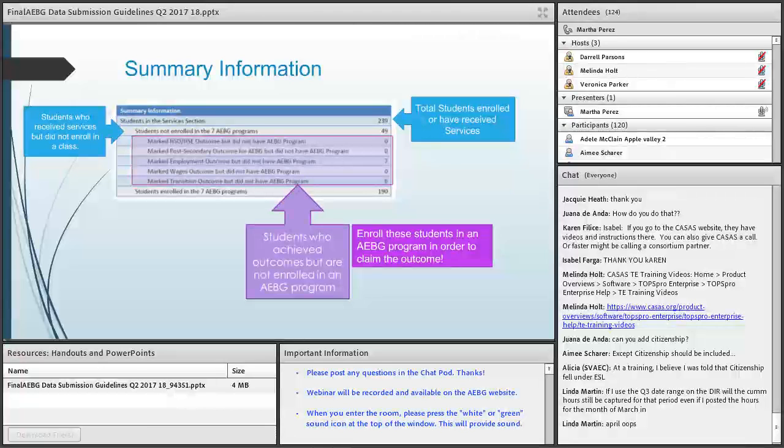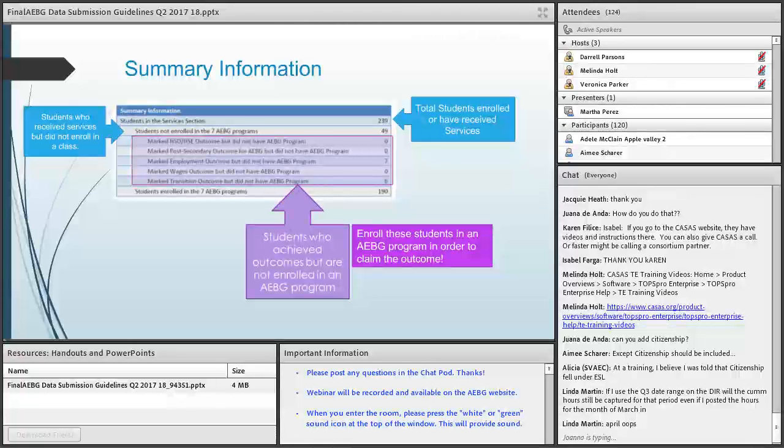And this summary information will show you those students who received the services but did not enroll in a specific class from those 7 AEBG programs, right? The students who enrolled in or received services, you will find on the top section, students in the services section. So that means that those students either enrolled or received services or both.